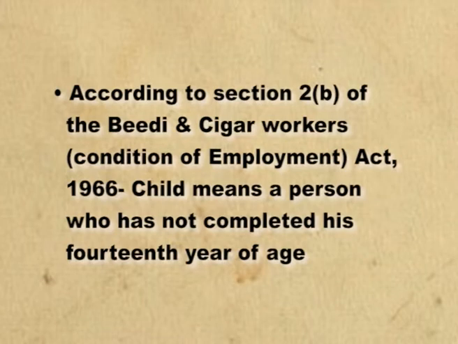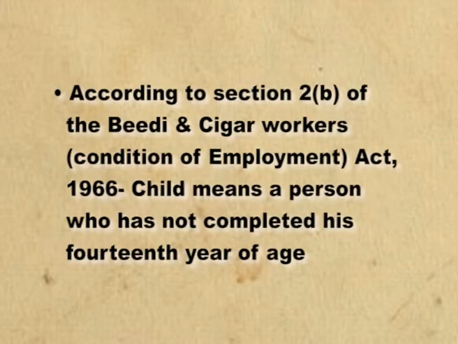In other words, child may be determined according to his or her age, subject to a particular act to which he is subjected. In India, various acts describe various ages of child, and they are: